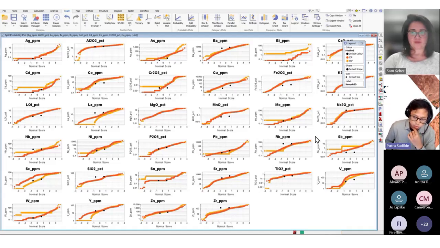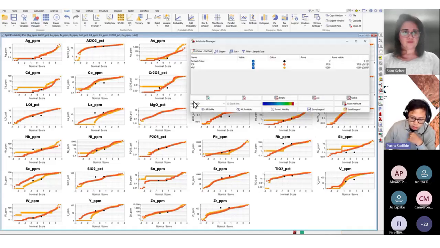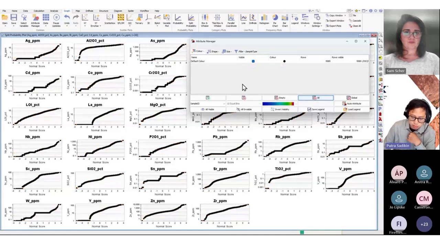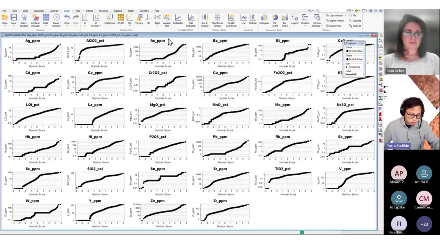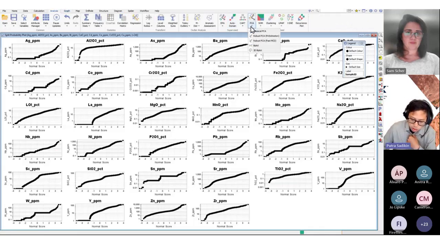Some of the structures that we see here are related to differences in detection limit, and that shows up in your split probability plot. If you look at the split probability plot, you can see what we're dealing with. It's almost like a preview of what we're going to be facing. If you don't have this knowledge, if you don't know the assay method, if you don't have that metadata or you choose to ignore it, and you plot it in something like PCA,